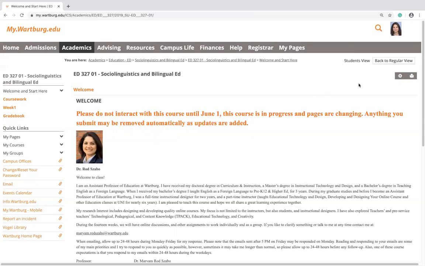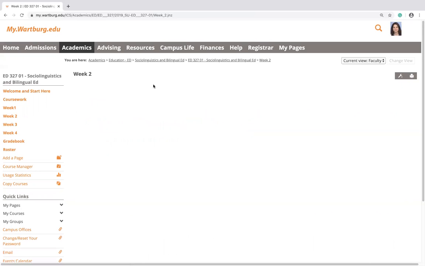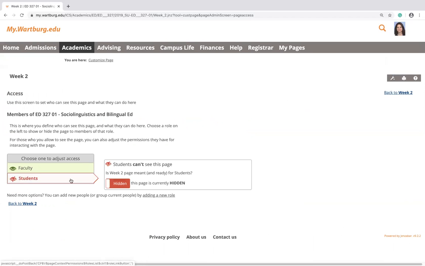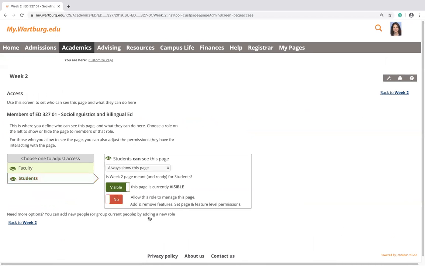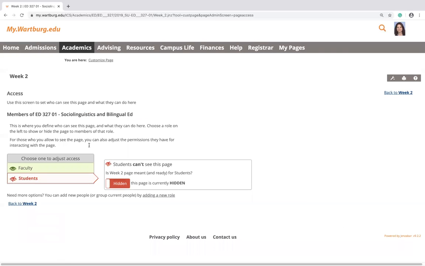Now, sometimes I have had the question asked, can I have week two released by a certain day? Unfortunately, from what I know so far, right now My.Wartburg doesn't have the option of giving access after a certain day. We have to do that manually. Now, we can though keep that invisible. Let's say week two, we can keep that invisible